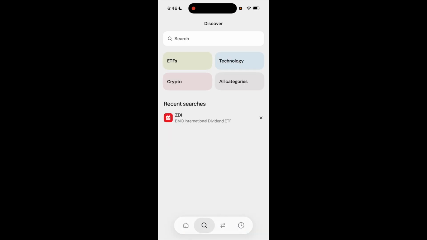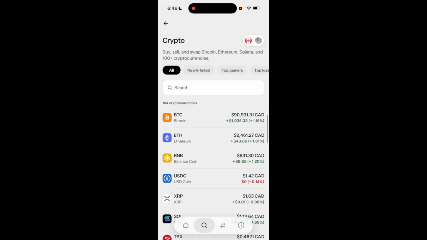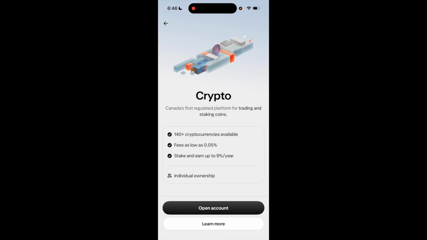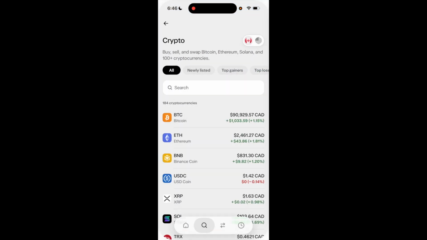Now if you were to go to crypto right here, it'll bring you to the crypto screen. But if you were to select Bitcoin and then press buy, it's going to make you open up a crypto account, which is not your TFSA. So the workaround is to find a crypto ETF that you can buy and then put that inside